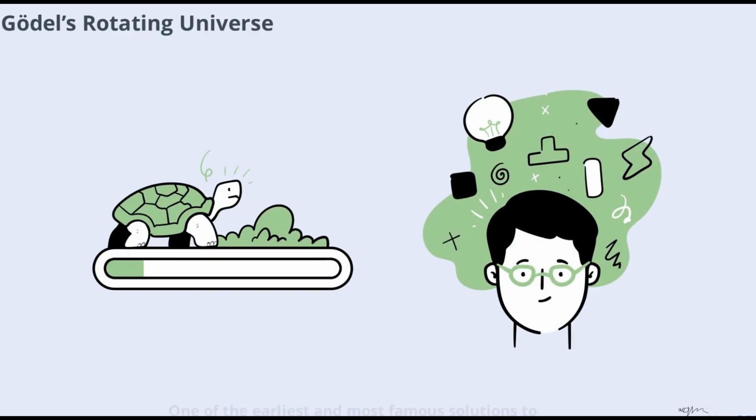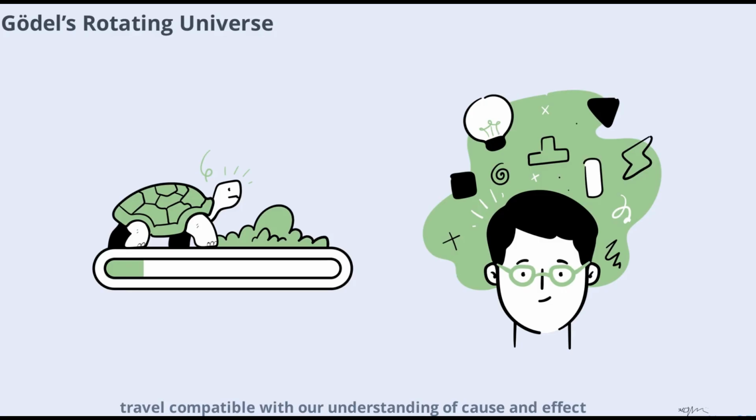One of the earliest and most famous solutions to Einstein's equations that allows CTCs is Gödel's rotating universe. In this model, the entire universe rotates, and the geometry of spacetime is such that light cones tilt, making closed loops through time possible. Gödel's universe is mathematically consistent, but it comes with a catch. Causality is violated everywhere. This means that in theory, anyone could travel to their own past. While this is a fascinating idea, it also highlights the challenges of making time travel compatible with our understanding of